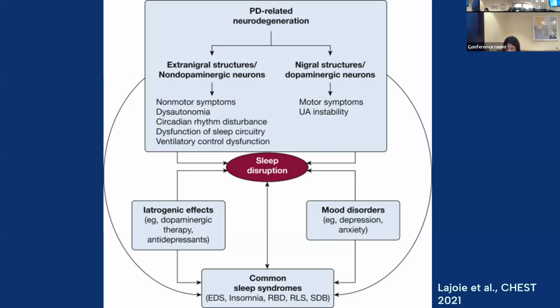It does differ among stages of Parkinson's, so those who are advanced have maybe less slow wave sleep compared to early stage. Common syndromes that can affect sleep in Parkinson's, of course, REM sleep behavior disorder, RLS, sleep disordered breathing, and then medications play a really big role, which I'll talk about a lot. Dopaminergic medications have been linked with daytime sleepiness and sleep attacks, and they do correlate with total daily dose.